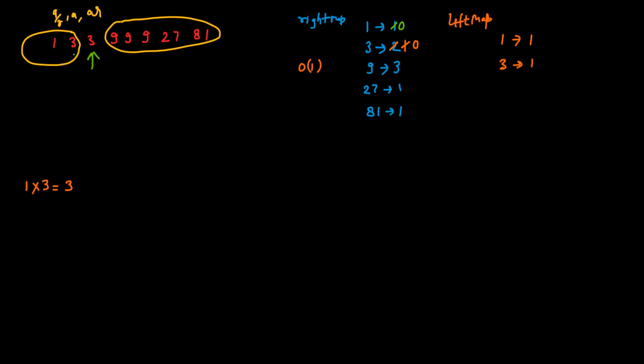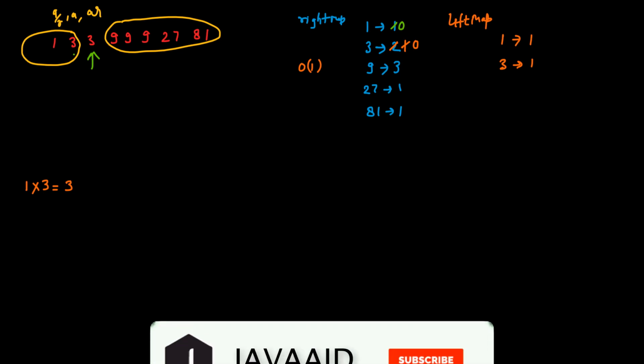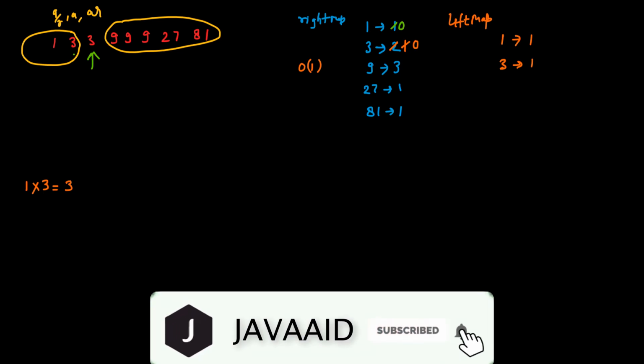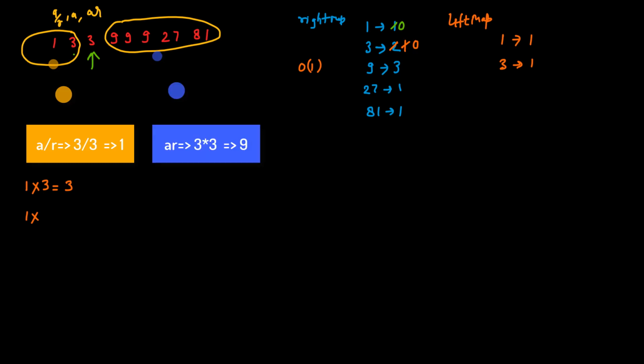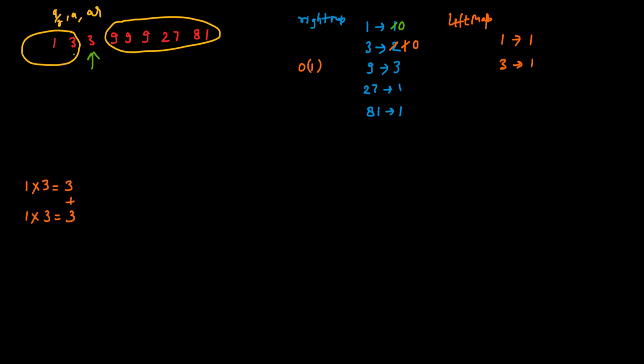And now this 3 is the processing element. So when this 3 is the processing element, how many A by R are there on the left hand side? A by R is nothing, it's just 1, and 2. And how many AR are there? Which is 9 frequency, which is 3. So this is also a 3. So far this 3 plus this 3. So overall 6 combinations can be formed.